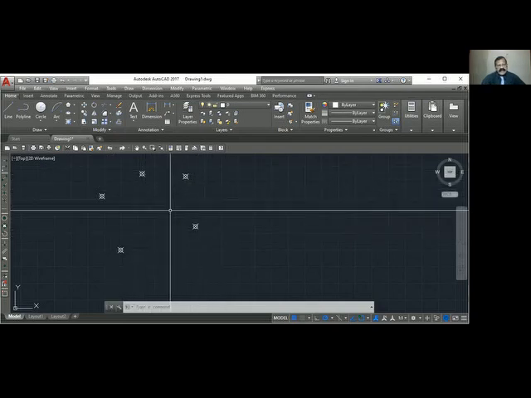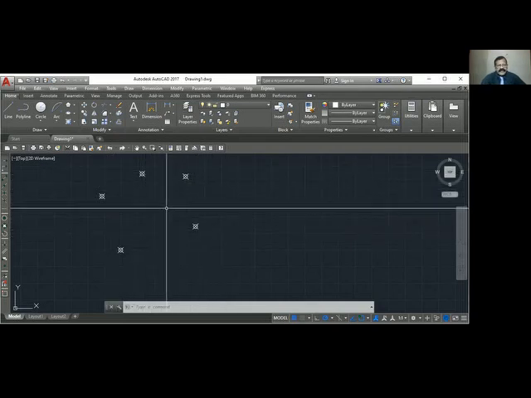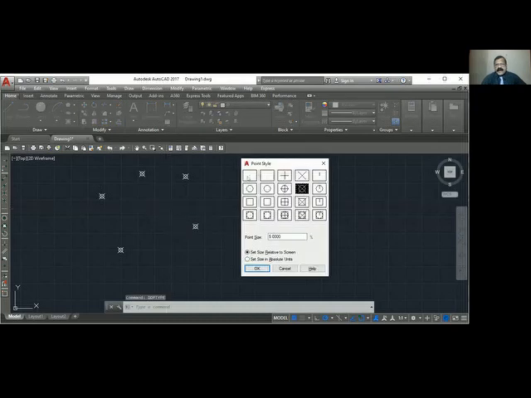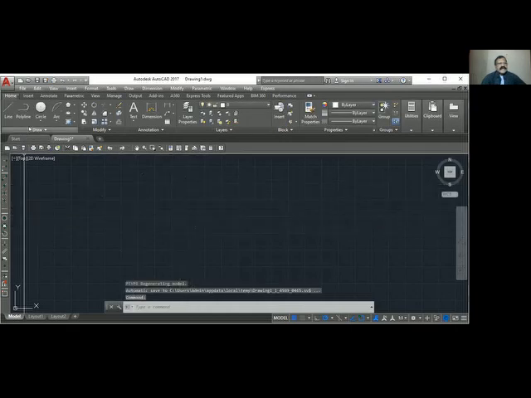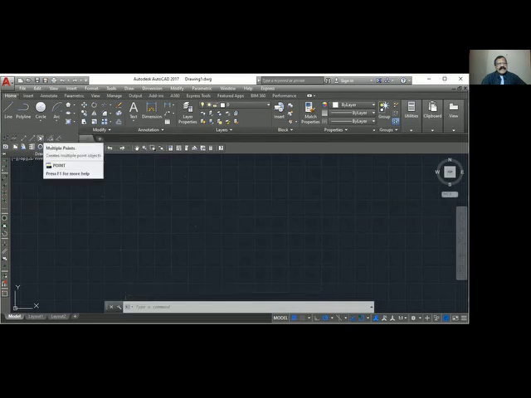For that, you have to type DDPTYPE, the dialog point type. And if you are using this one, then keep it back to the point style. That is multiple point drawing here. These two we will see later.